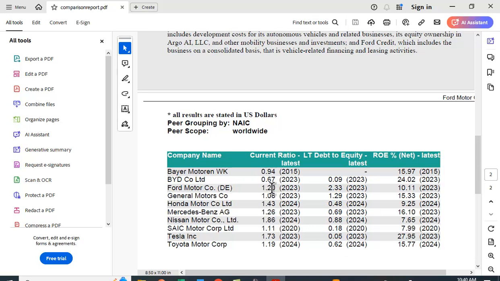So their current ratio is higher than some of the companies, lower than others. Their debt equity ratio, so they're using quite a bit more debt than anybody else, has a return on equity kind of middling, not quite at the bottom here as some of these are, but not as good as BYD. Of course, they're using a lot of debt, so that may be the reason they even have a 10% return